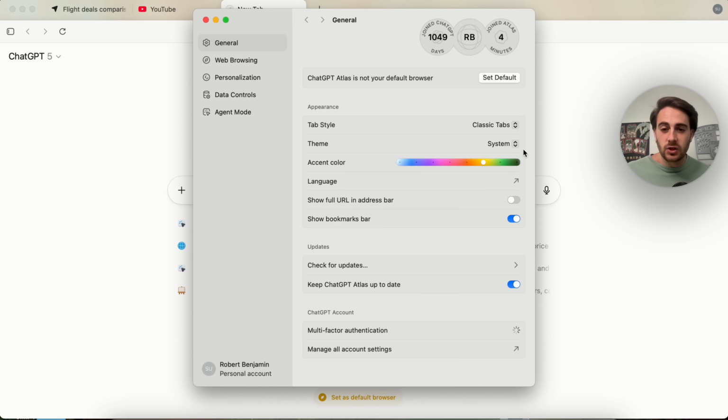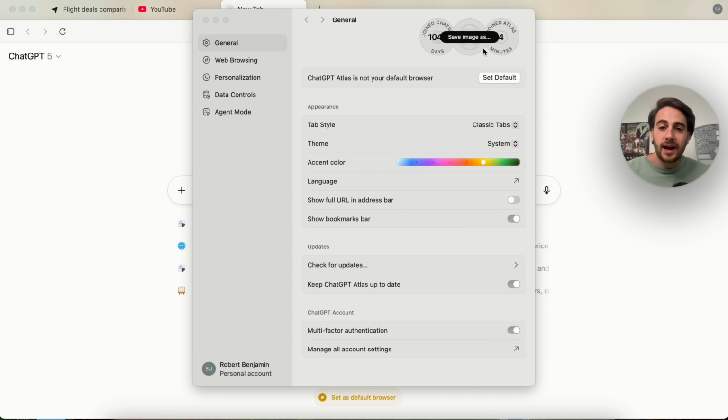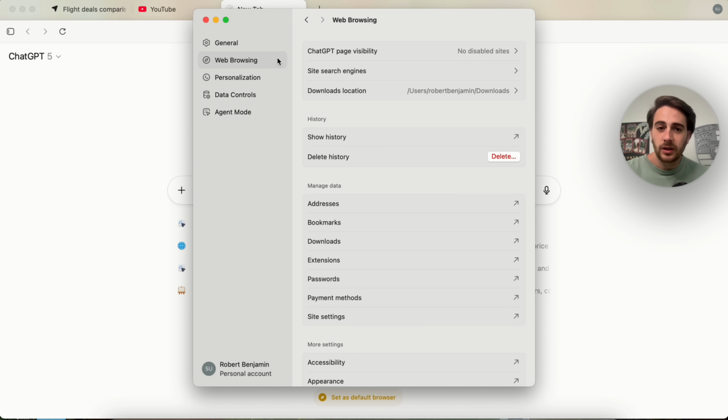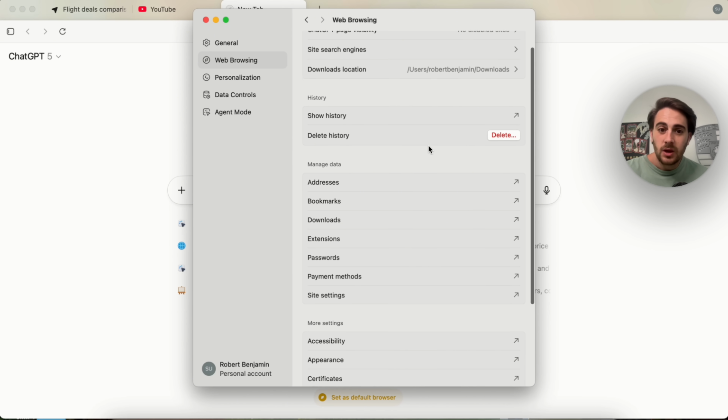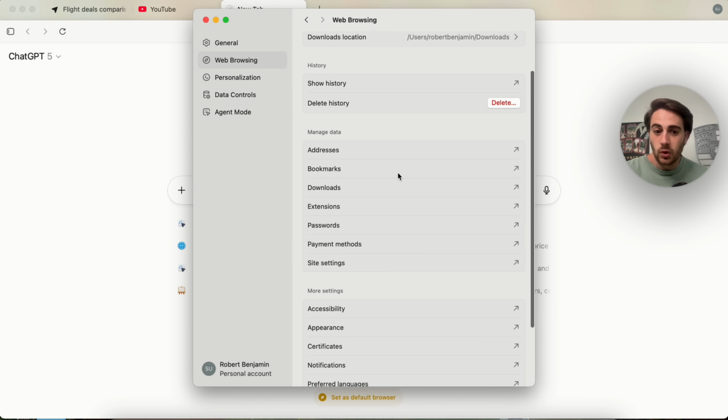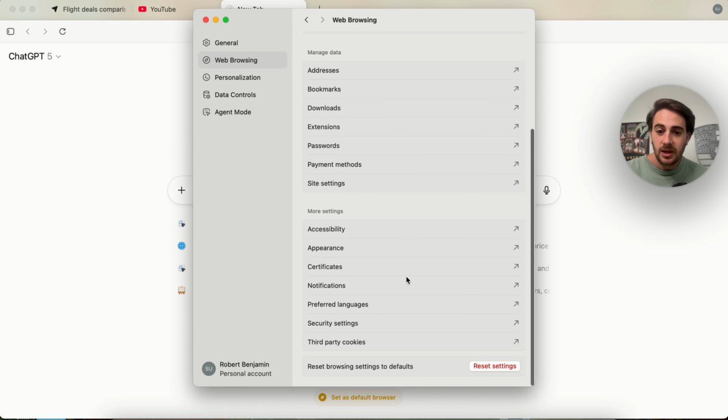And this is where you're going to manage things like memory and stuff like that. So we could see over here where I actually joined, how much time I spent on Atlas. We could go through here. We could set up a bunch of different things like show full URL in the address bar. We could have it automatically check for updates. We could have multi-factor if we wanted to. We could come over here under web browsing and we could disable websites if we wanted to. We could see history. We could manage all of our data right here, and we could see all the different